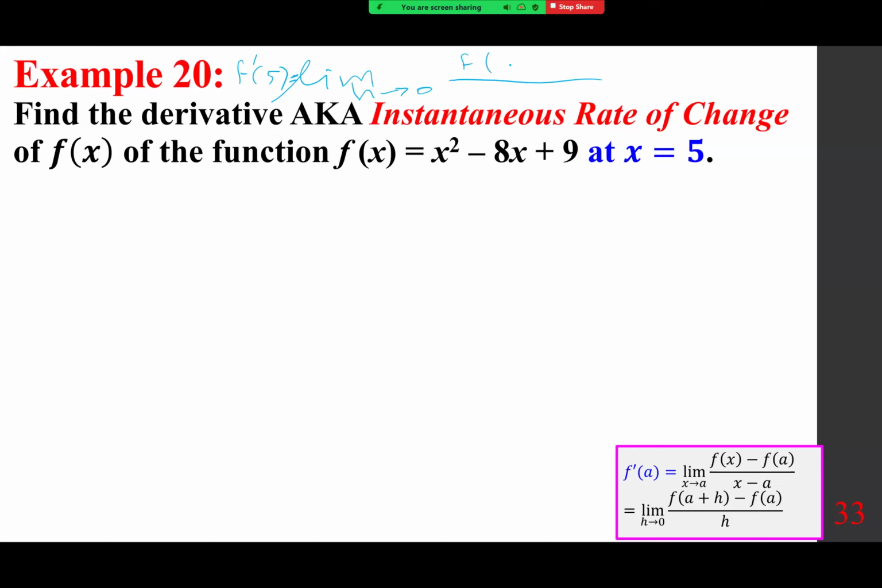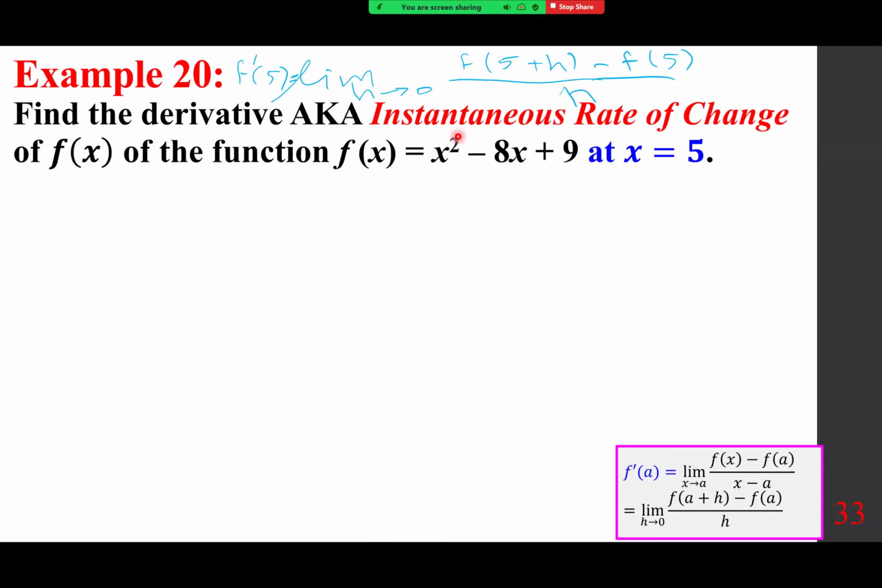f of a plus h, 5 plus h, minus f of a, f of 5 over h. So what does it mean? Into this function, plug in 5 plus h, so we write the same thing, the limit as h approaches 0